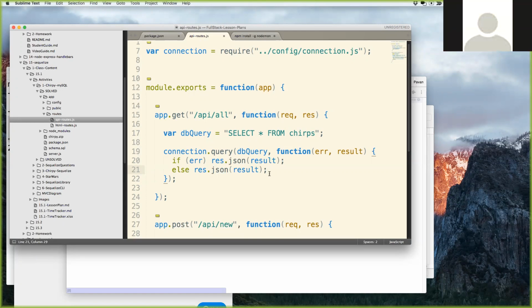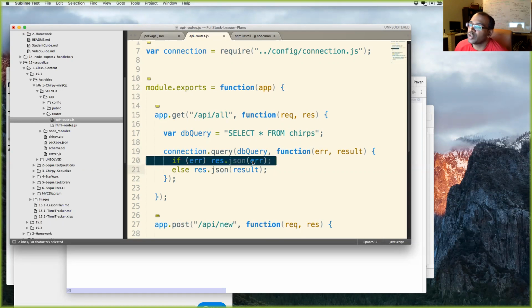Is that a better way of handling the error instead of throwing the error? Either way works, right? Because if there is an error, all you want to happen is you want the error. Oh well, I'm sorry. I would do this right there. Yeah, I just changed that from result to error. Okay. So all I'm saying here is if there's an error, then show it to me. That's it. Okay, that makes sense.